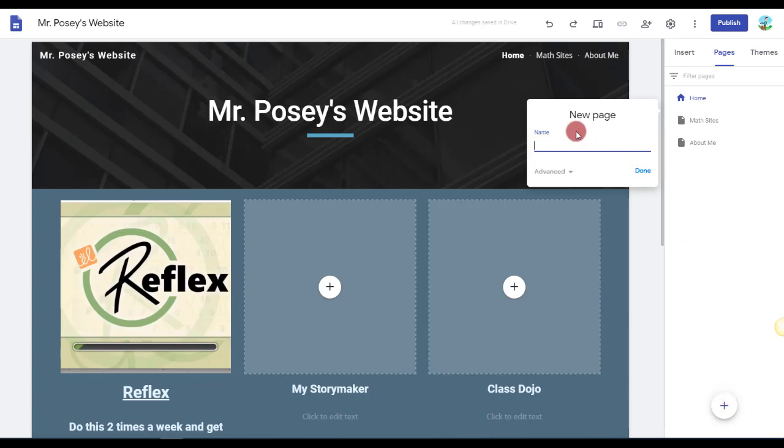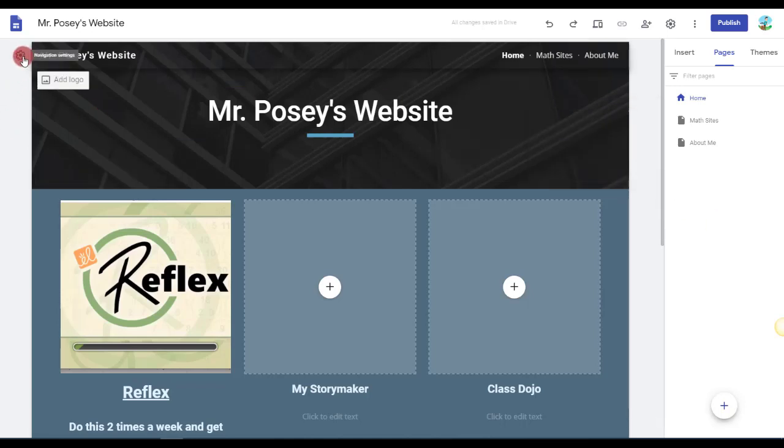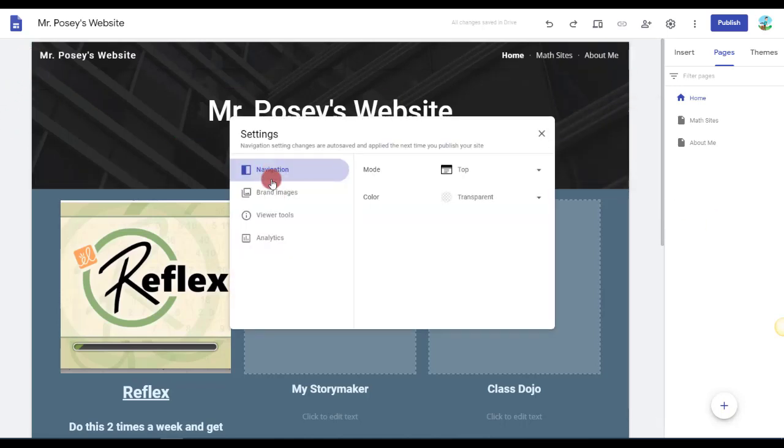And so my new page there, I just had one more thing. I'm sorry. Over here on the side, we had our gear, and this is where we can check the navigation. Right now, I have a top navigation, which means that all my different sites are sitting right up here at the top. If I don't want a top navigation, I can click it and I can put it over to